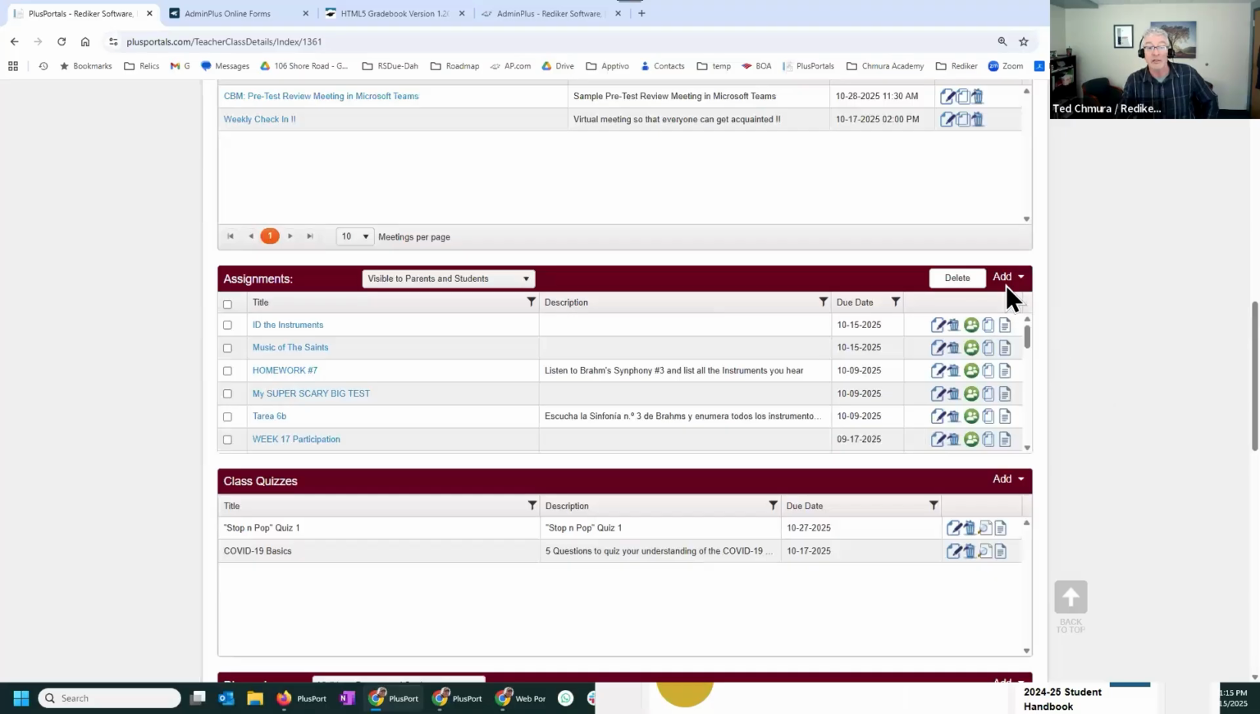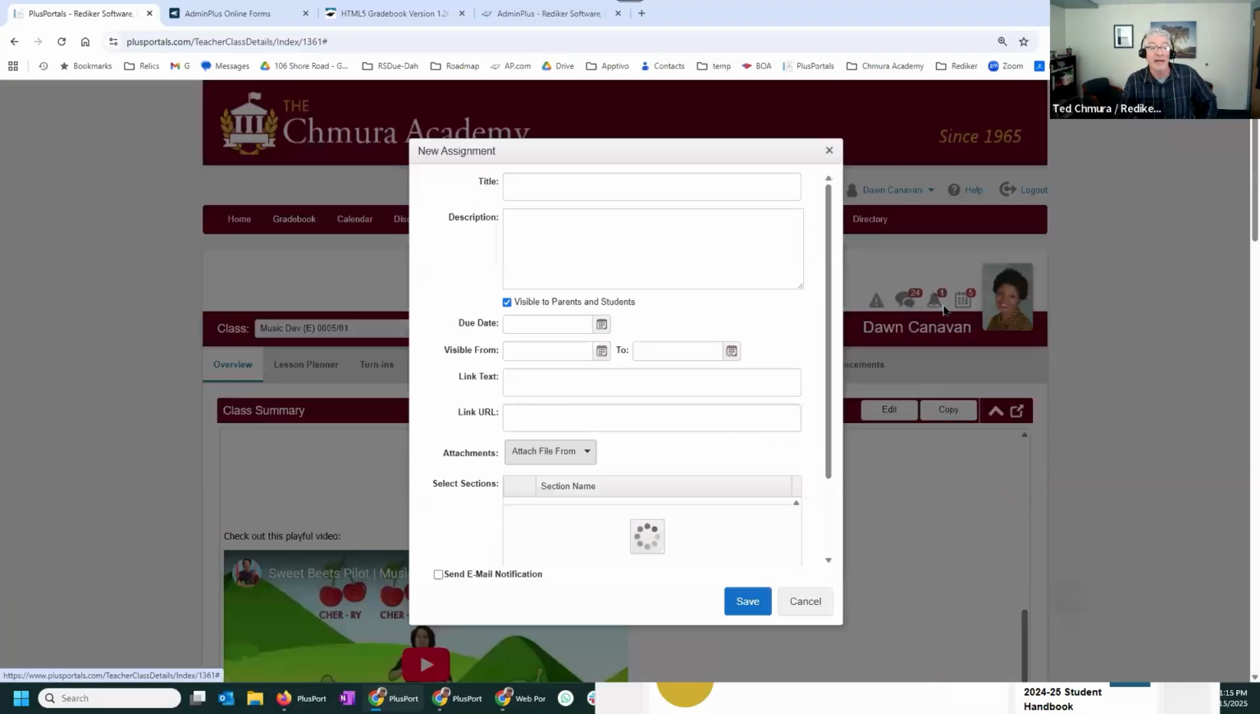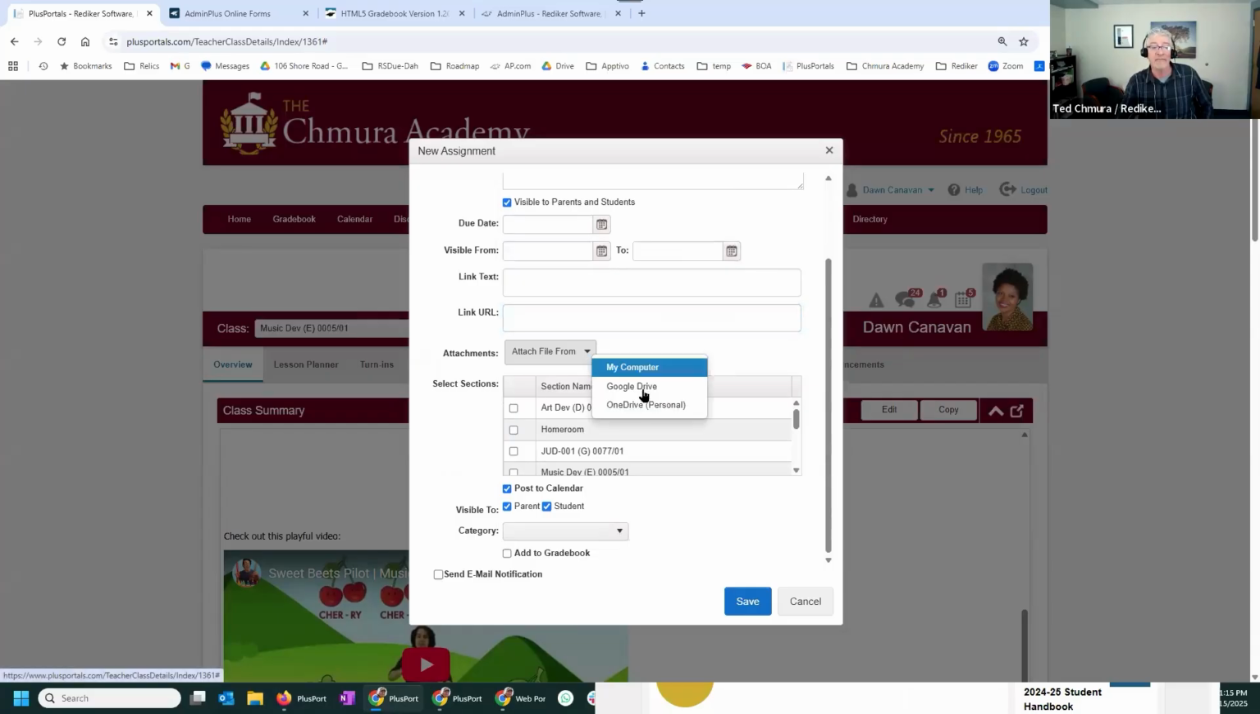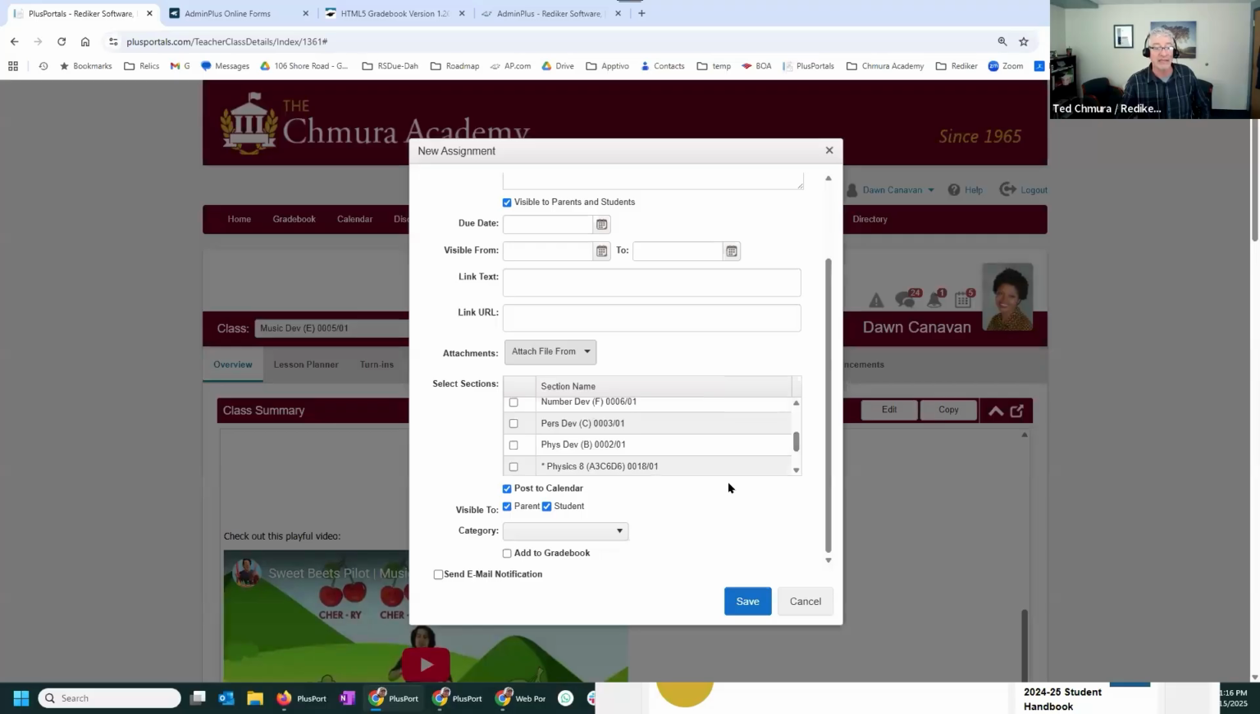Teachers give assignments all the time. And the portals makes it easy for them to enter that assignment in, giving it a title and a set of instructions to follow, putting in the due date, even controlling when the assignment is visible, providing links to a web page, attaching files to that assignment, ones that might be helpful to the student as they go to accomplish it, assigning this assignment to one or more of the classes that they teach, again, posting it to the calendar,